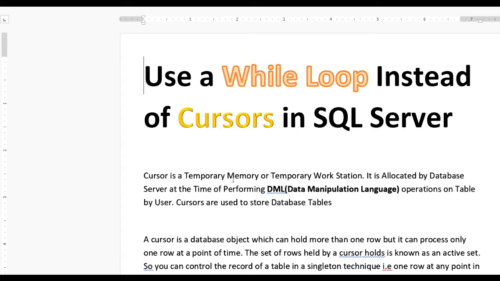Hello guys, today we learn how to use while loop instead of cursors in SQL Server. First we know what is cursor. Cursor is a temporary memory or temporary workstation. It is allocated by database server at a time of performing data manipulation language DML operations on table by the